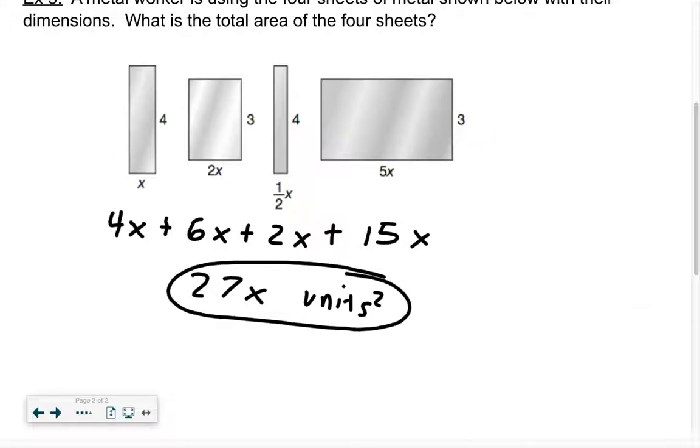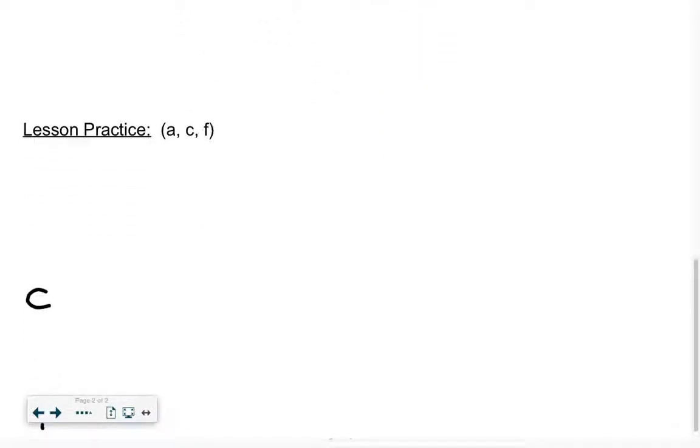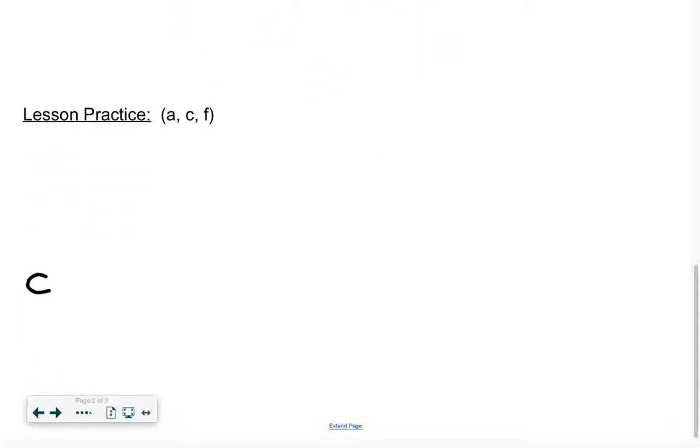And really the cool thing about it is because we use the same variable, as soon as they tell us what that x dimension is going to be, we don't have to go back and figure the area for each one of them. We just simply have to plug it in here and take it times 27 and we have it. So there's your example of where else we can use variables. On your own, A, C,